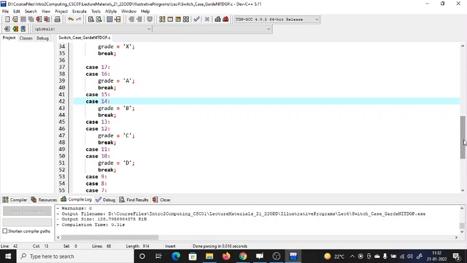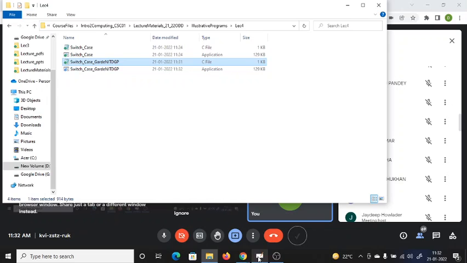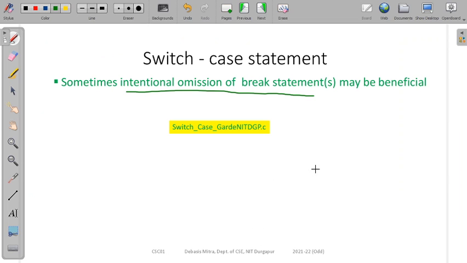So this is another usage. You should remember how you can use the break statement appropriately in switch and case to make your job easier sometimes. Okay, next,